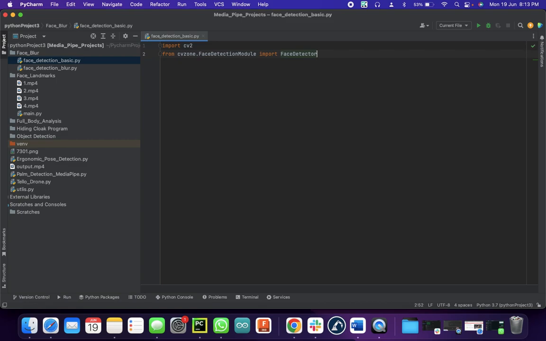Okay, so what I'm doing is very simple. I'm using the cv2 package and cvzone. In cvzone, particularly, I'm using the face detection module alone for this example. To proceed further, we need to create one variable to record the screen. Let's say cap equal to